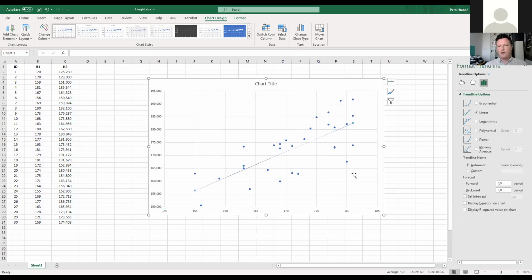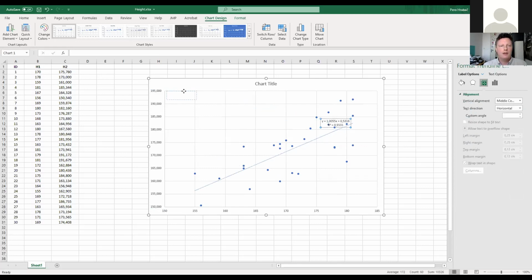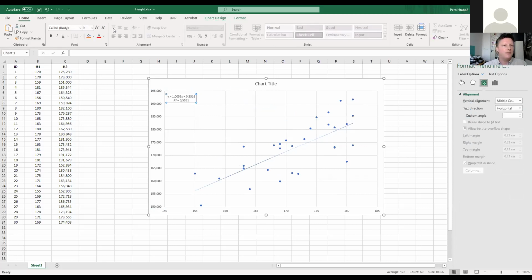Then I add a trend line to see what happens, and I see the higher the mother was, the higher the daughter is. So okay, this is statistically significant, but this is really nothing new. I can display equation and r squared, meaning